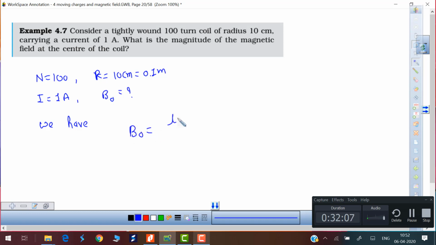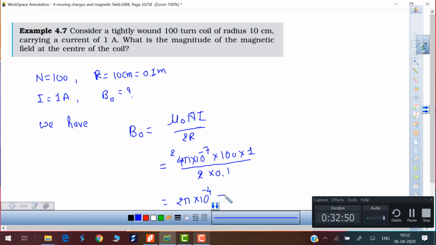So we have the formula: B0 at the center is mu 0 N i upon 2R. So we have mu 0 is 4 pi into 10 raised to minus 7. Number of turns 100. Current is 1 ampere divided by 2. Radius is 0.1. So if you do the calculation, this 2 is cancelled out, so it becomes 2, and this 0.1 goes to 1000. 1000 means 10 raised to minus 4. So it comes out to be